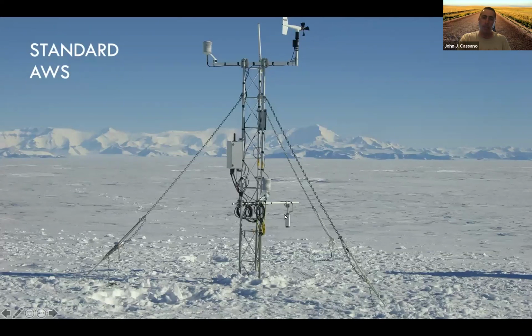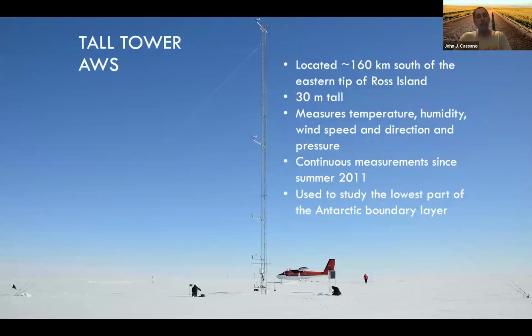And then some of the stations also have an acoustic depth gauge to tell you the distance to the underlying snow surface. And of course, these sites only get visited every couple of years, and so snow will accumulate. And so this information on snow depth is useful. But starting around 2011, we started installing taller automatic weather stations. And the first one that we installed was a 30-meter tower. It was located 160 kilometers south of the eastern tip of Ross Island, so a bit more than 160 kilometers from McMurdo Station. It's on the Ross Ice Shelf, which is